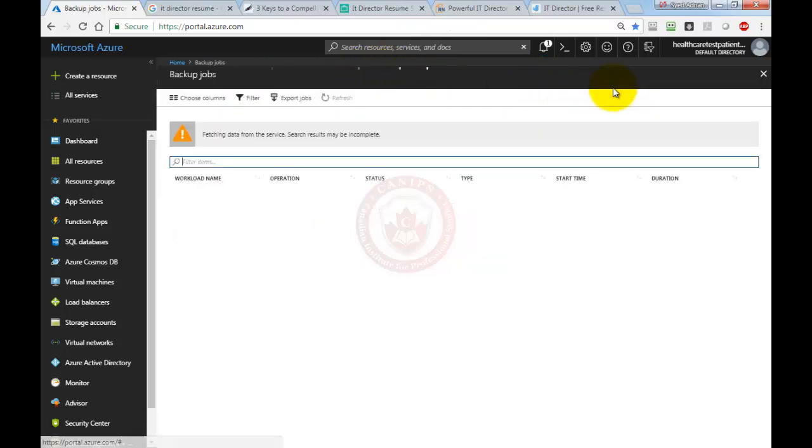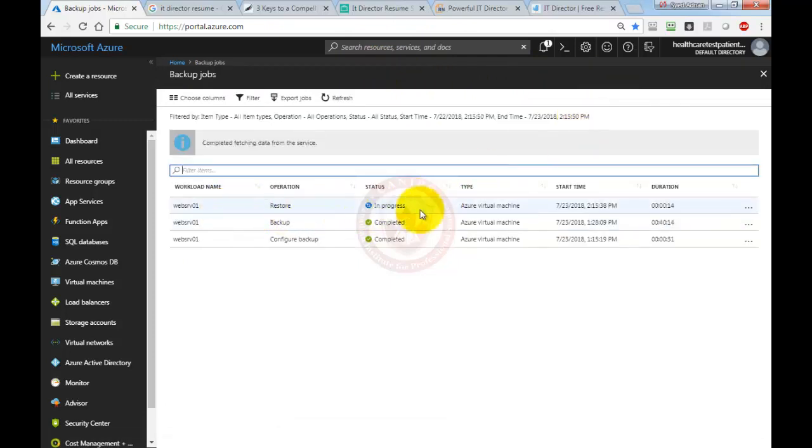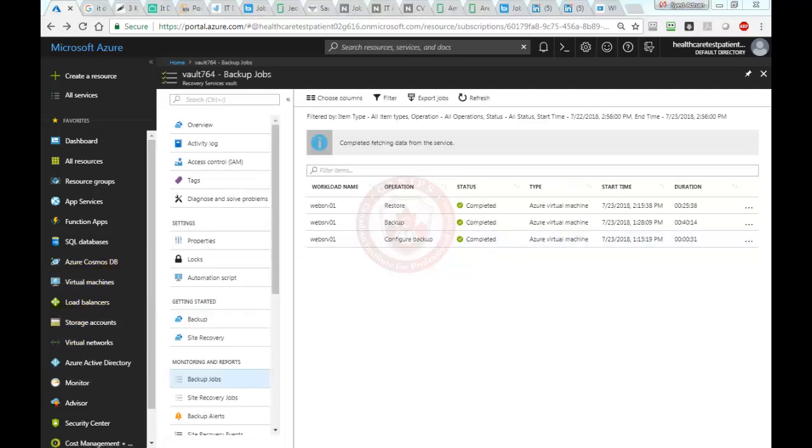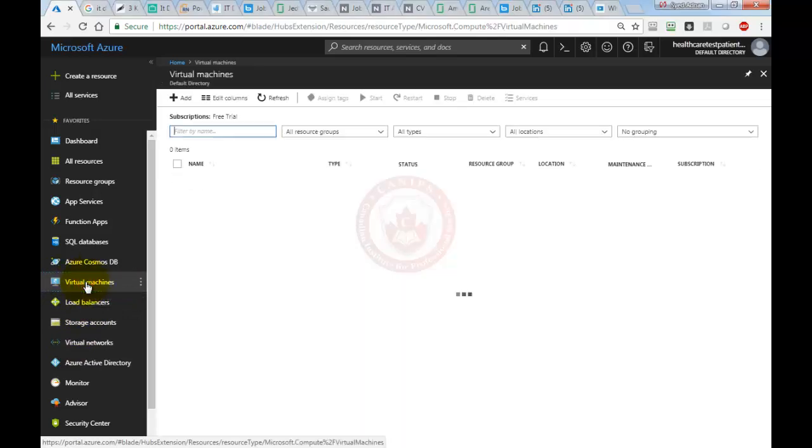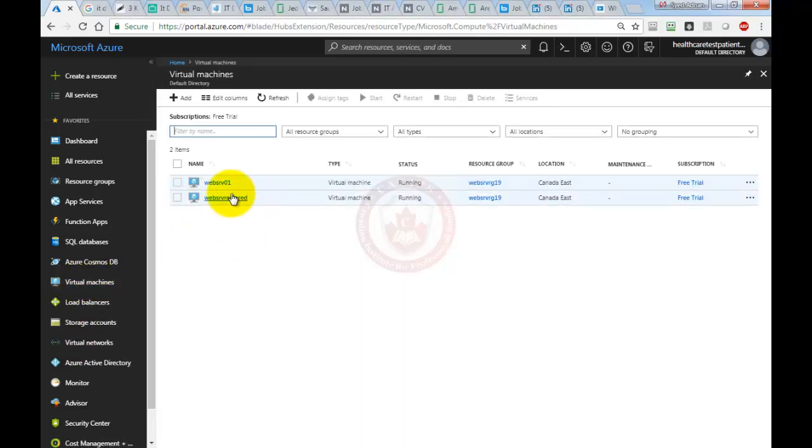So let me go to the restore job. It is in progress, so I'm going to pause the screen here. Once it is completed, I'm going to continue the video. Okay, the restore job finished and it took around 25 minutes. The status is completed. Just to make sure that another VM is created based on this restore job, we can go to virtual machines, and we can see that the VM was restored successfully and it is running as a